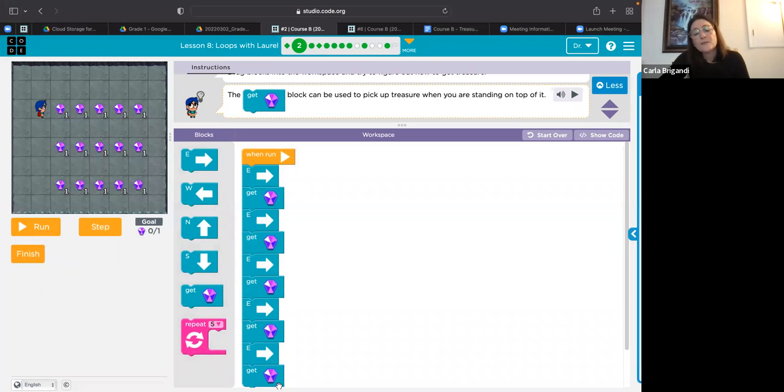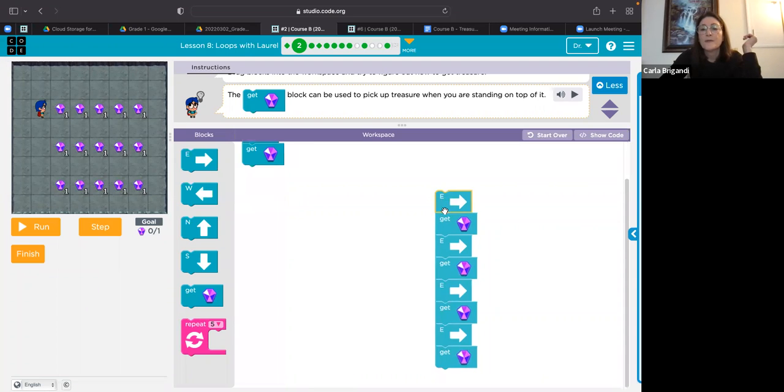I think this is too much. Do I see a pattern here? I do. East, gem, east, gem, east, gem, east, gem, east, gem. That happens 5 times. I can just take these blocks away